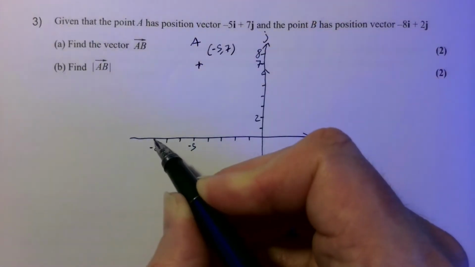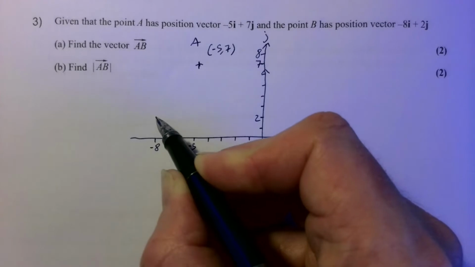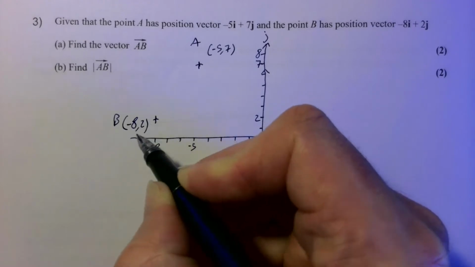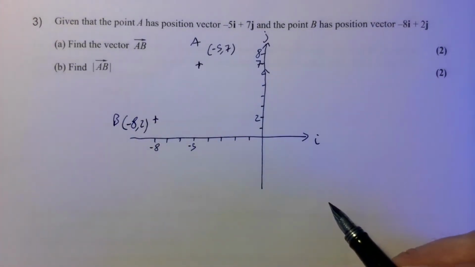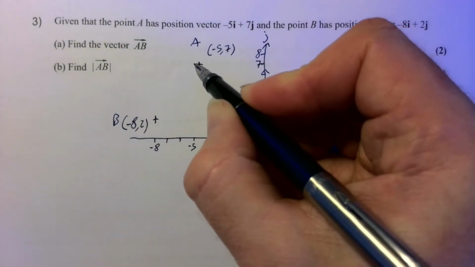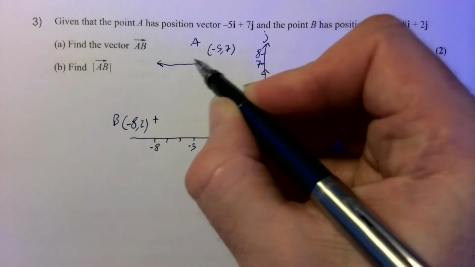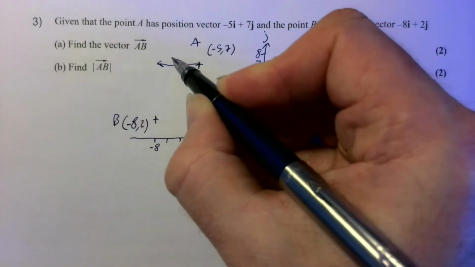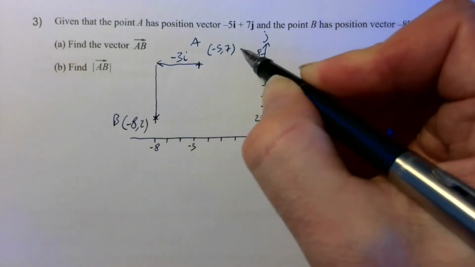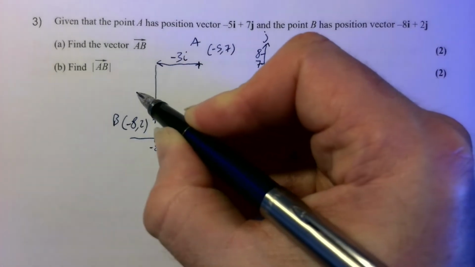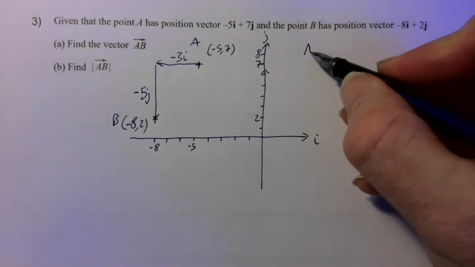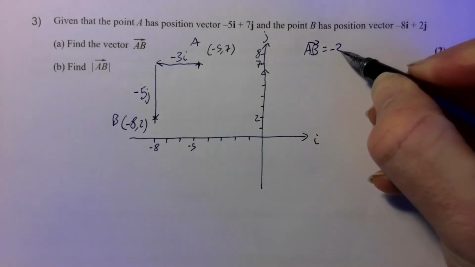And then B is negative 8 on the i and 2j, so I'm going to write that in as well, just to make sure I get this right. So what I need is, what do I go from A to B? So I'm going from A in that direction there, I'm going 3 in that direction, aren't I? So that's going minus 3i, and then I'm going down from 7 to 2. Well, that's 5, isn't it? So that is down 5 on the j. So vector AB is negative 3i